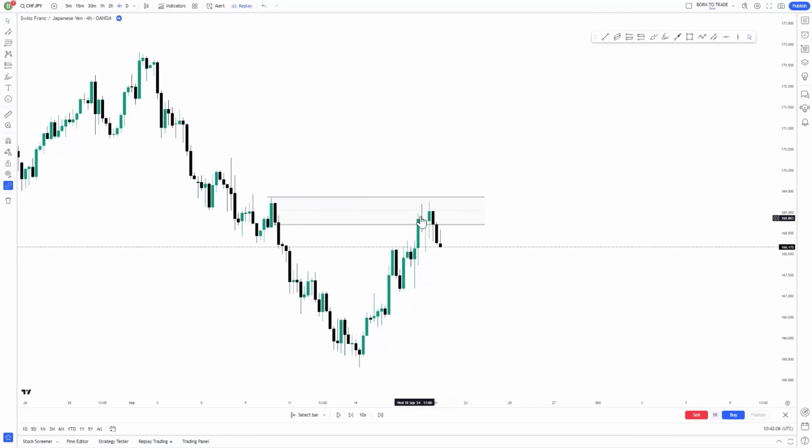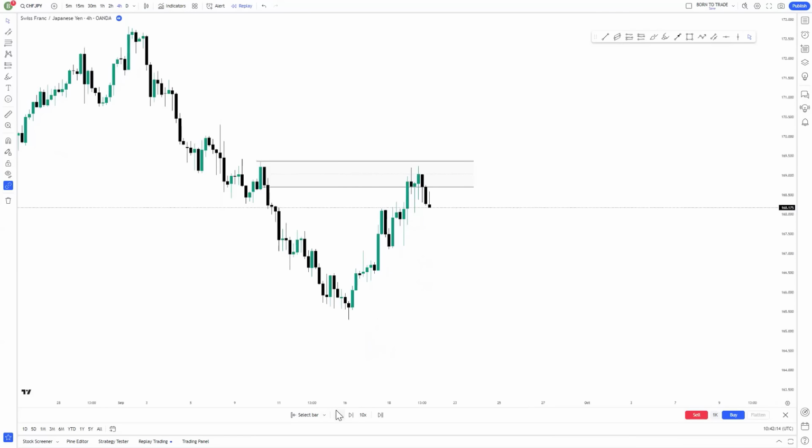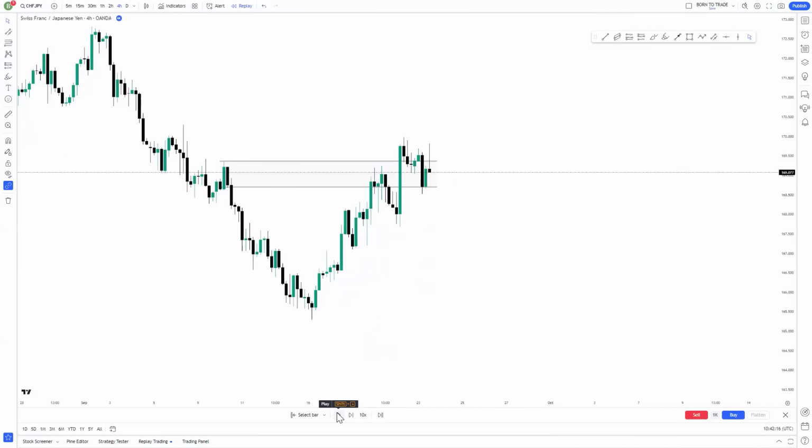Price comes, mitigates your zone, and you have little reaction to the downside. Now, your bias in this case is you're looking at price and expecting that price is going to drop to the downside. Now, playing price forward, you see price reacts above your zone. I hope you can see that after price reverses to the downside, giving some good reaction, because this is what I explained. Once you see that price has now mitigated your zone, reversed to the downside, giving good reaction,